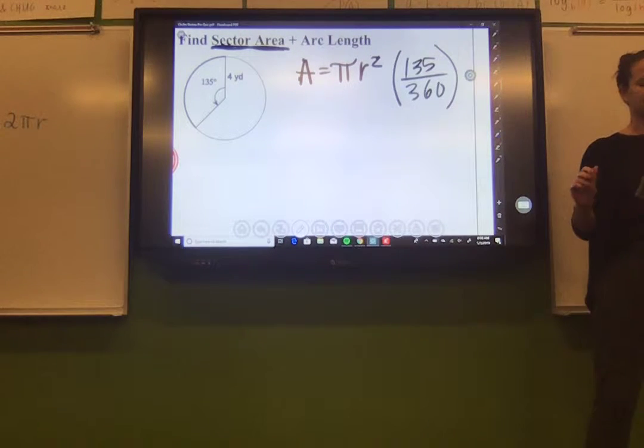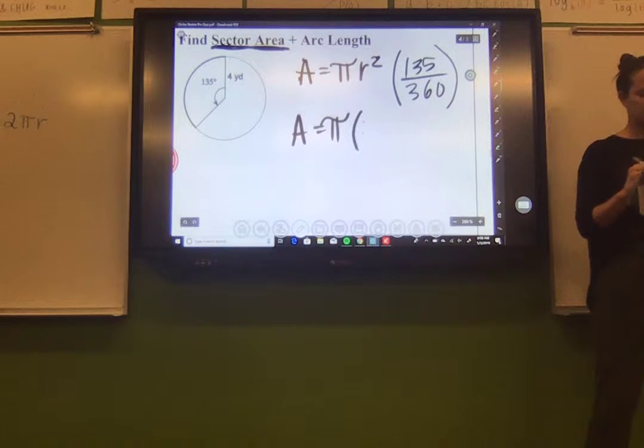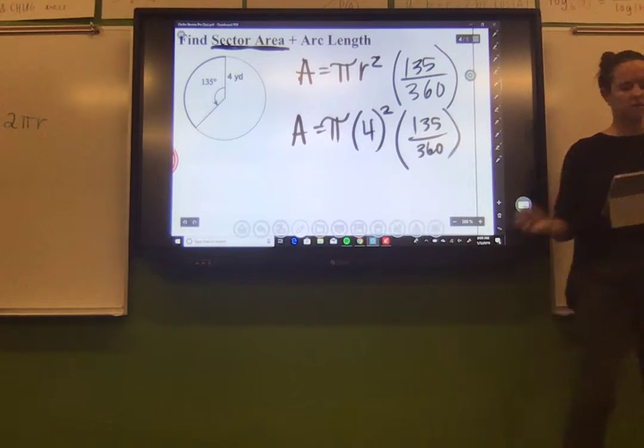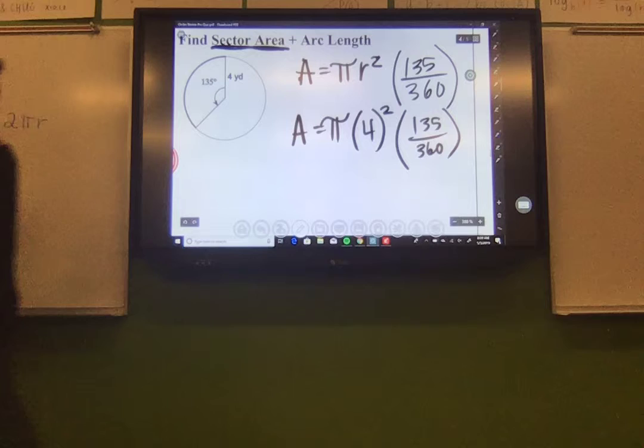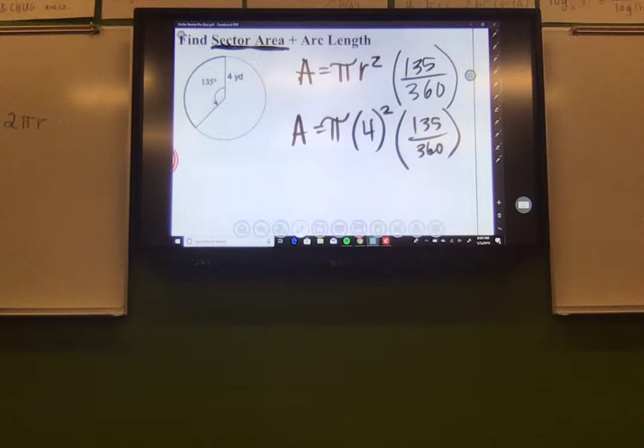All right, type it in your calculator. A equals pi, your r, what's the radius here? 4, and then times 135 over 360. Do you guys want me to do it? Does anyone have an answer yet? How about it? Pi times 4 squared